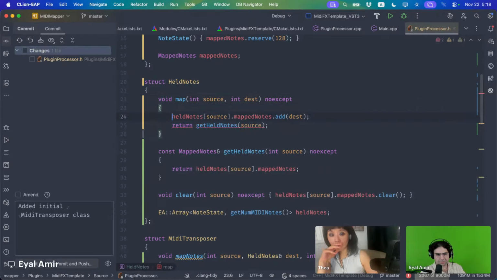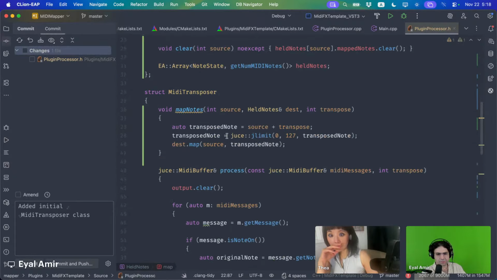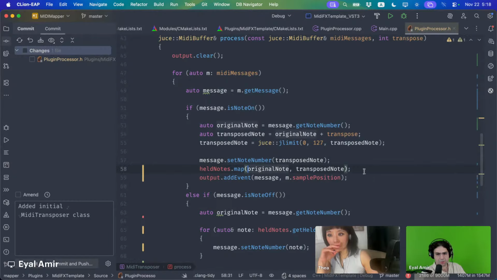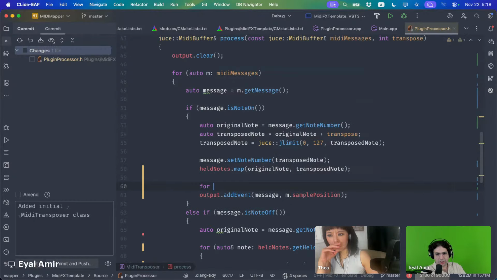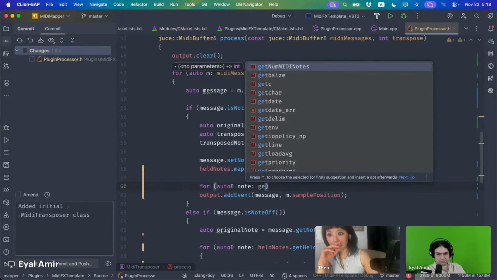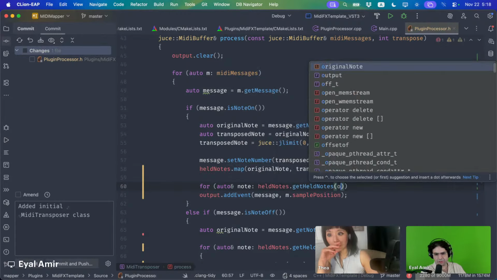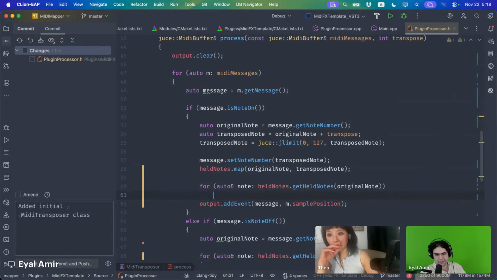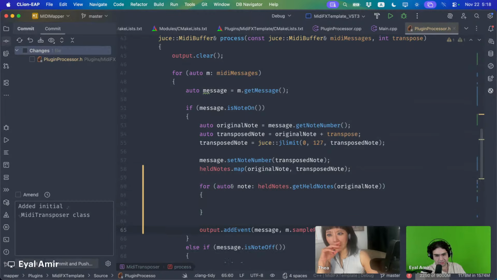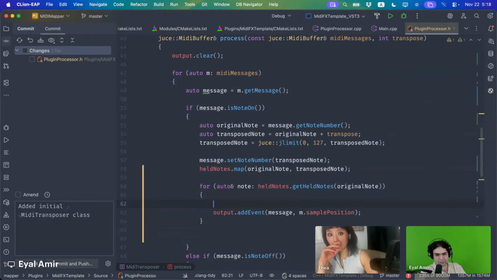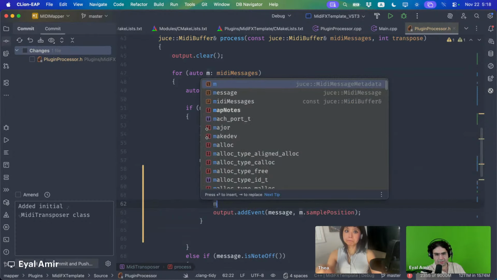Void. When I map this, now I should have a for loop over held notes, get held notes for this original note. And now I need to generate correct information for this. So for each one, I am going to take the message,